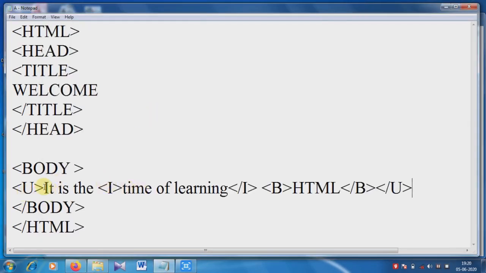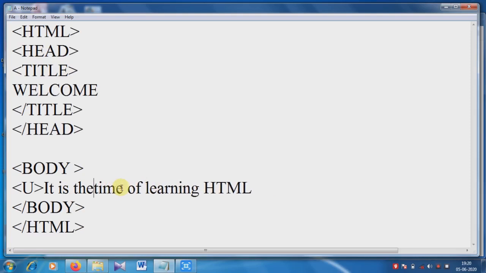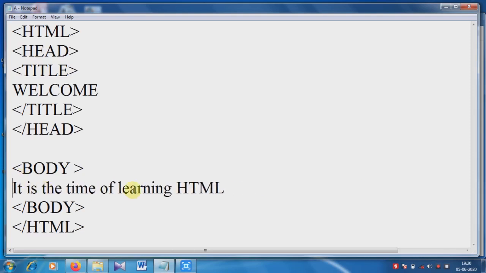Suppose I am writing a normal line, without any style, same as previous.